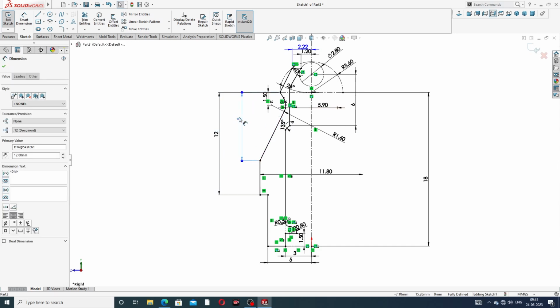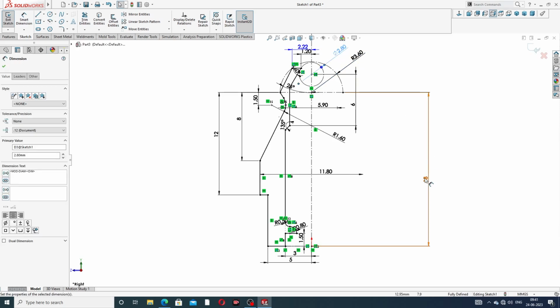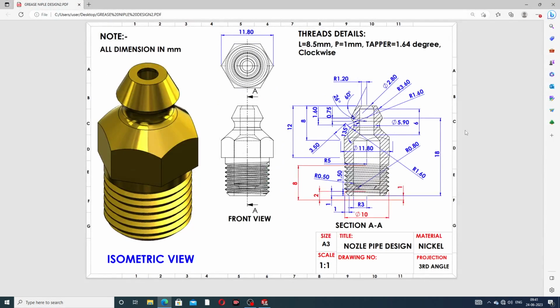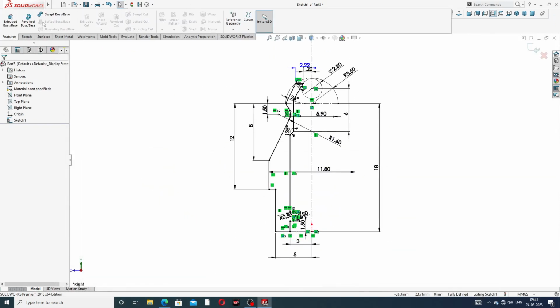And this all dimension is okay, and next, all points are perfect and all geometry is fully defined, and this is perfect and correct. Okay, next is use a revolve